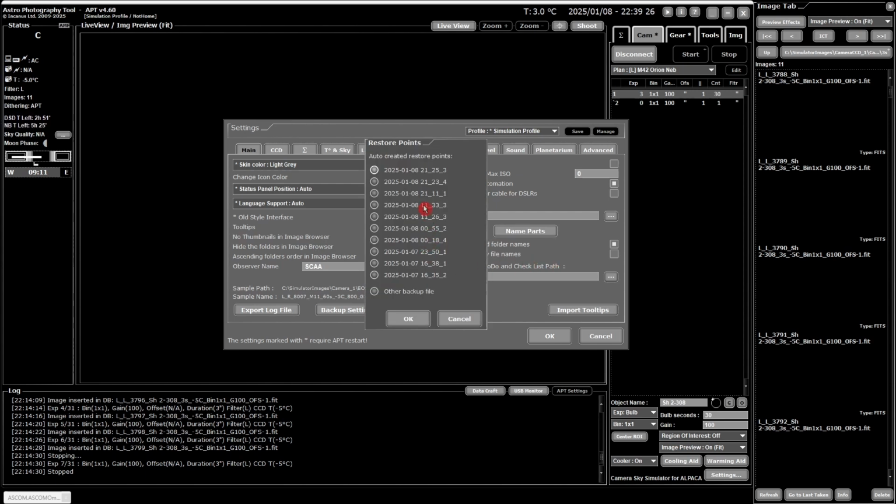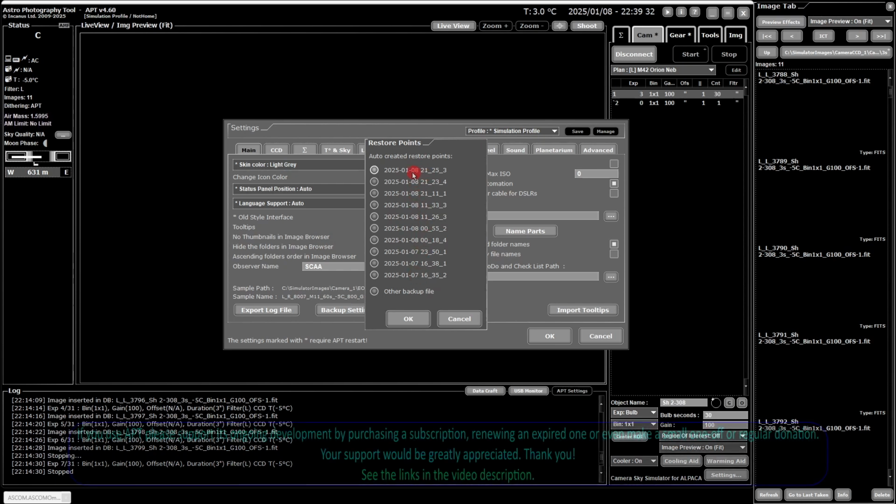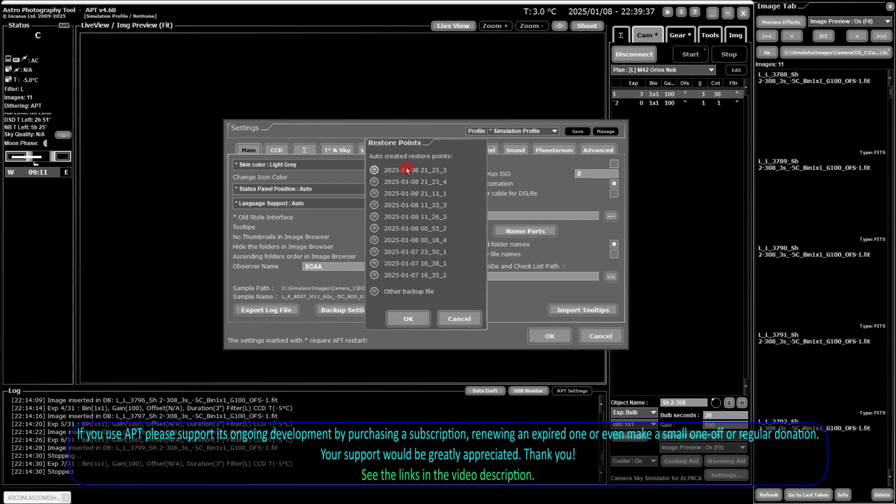Yes, because I'm not going to actually do it. APT, when you start, creates a restore point from your previous sessions, so you can go back through them at any point. If you have a problem and something goes wrong this time, you might want to go back a couple of restore points to do it,